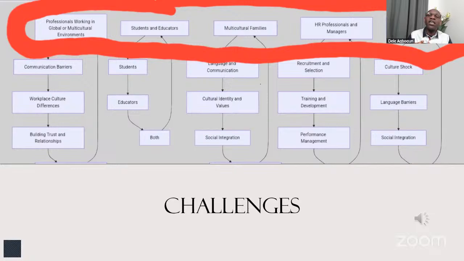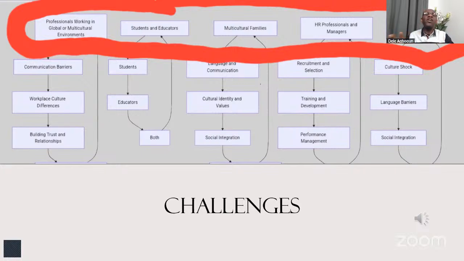Then in terms of HR professionals and managers, beyond being an HR professional, you can be a manager of a team or a supervisor. You have a group of people that are full of different races. I just talked about the educational sector; now you have a department full of different races, cultures, values, and belief systems.